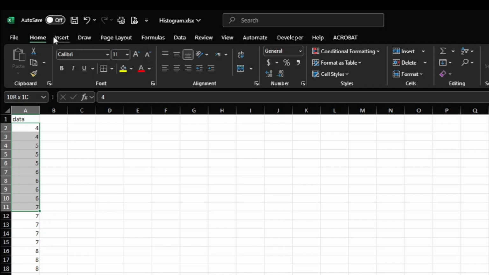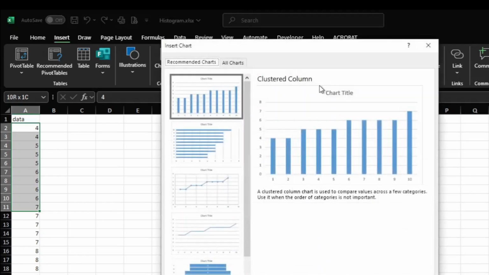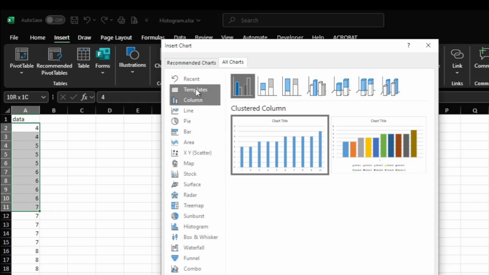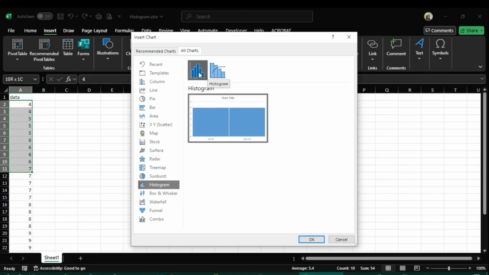I come here to the Insert tab, and on the Insert tab I come to the Charts group, and clicking on the small arrow in the corner I come over here, and by default it is recommended charts, but I click the tab All Charts, and then in the options I come down to Histogram. I click on Histogram, and again there are two different options available: the symmetric histogram or the Pareto. So you will go to whichever one you like. So I select the first one and then click OK,